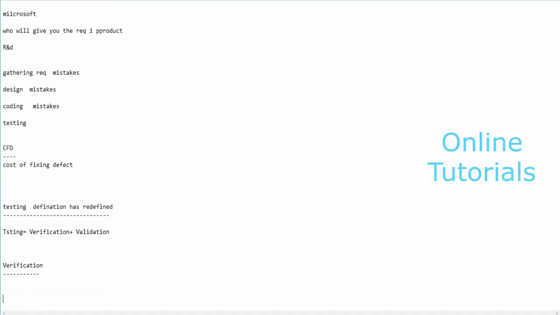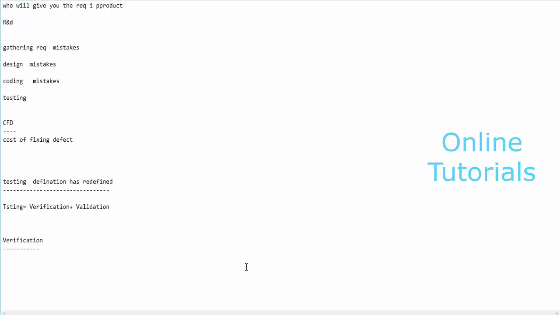I guess verification is verifying the requirements of the customers and making sure that we are going as per the customer's requirements. And the validation part is whether it is working as per the customer's. The validation will come into the picture once we develop the application, and when we are doing the testing accordingly, then it's called validation. And verification is verifying customers' requirements and making sure that we are